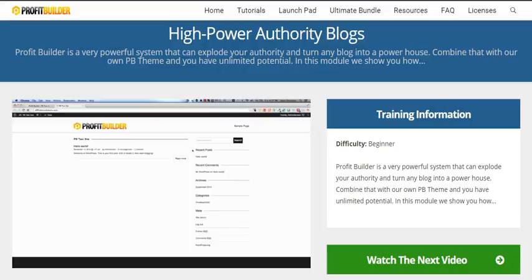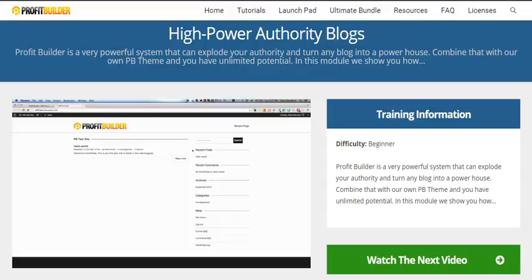So what we're going to do is create an authority blog or website with this. Now, this can be used to promote anything, your own brand, your own products, services. If you want to create a Web 3.0 site, or a software as a service front end, we've got all sorts of great stuff in here. And again, you can see here we've got the very basic blog. What I'm going to do is take this from scratch and show you literally how we can